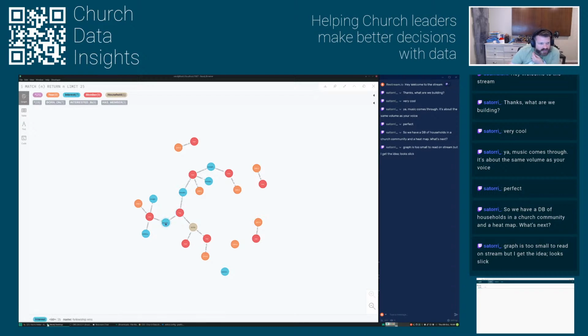The blue dots are interests, the red dots are members, the brown dots are households. And so a household has members, and members might have interests, and so we do a couple different things. We actually identify sameness or similarity across members and across households. And so that would provide maybe an insight to leaders of a church to say, hey,